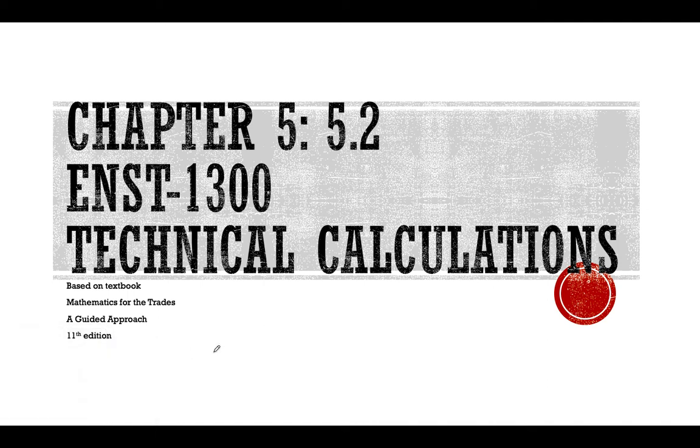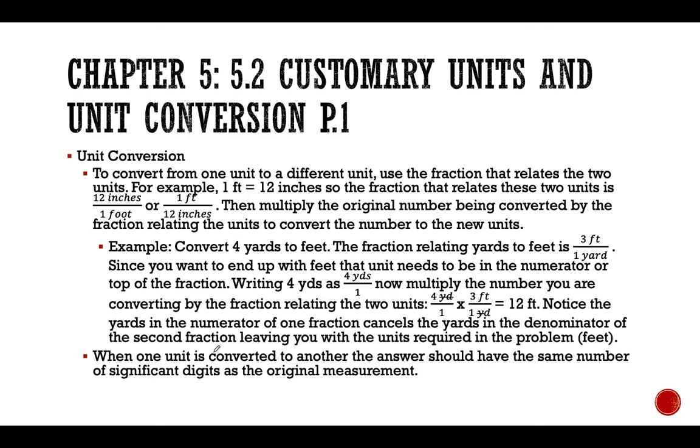In section 5.2, we're going to be talking about unit conversions. To convert from one unit to a different unit, we use a fraction that relates the two units. For example, 1 foot equals 12 inches, so the fraction that relates the units is going to be either 12 inches to 1 foot or 1 foot to 12 inches, depending on which way you need to convert the units. You then multiply the original number that you want to convert by the fraction that relates the units to convert